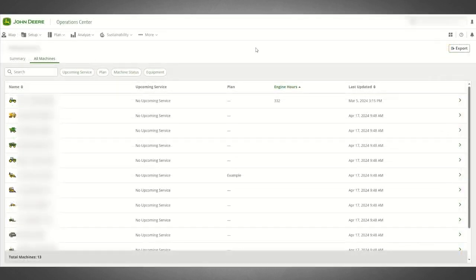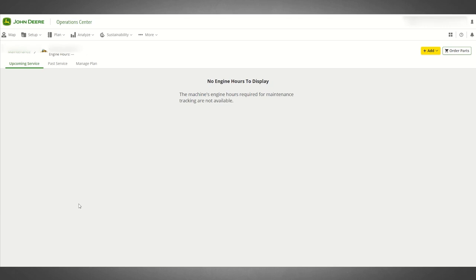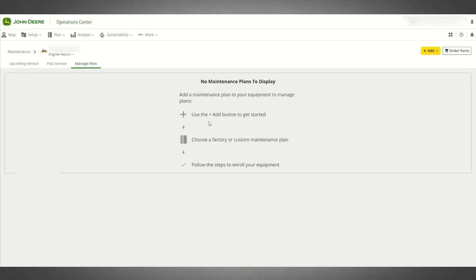Selecting any piece of equipment that does not have a current maintenance plan applied from within either the Summary view or the All Machines view will open a new window, which will let you know that there are not any current maintenance plan details, such as upcoming or past services, to display. At this time, you will have the opportunity to use the yellow Add option to apply either a John Deere factory recommended maintenance plan or a custom maintenance plan to the selected